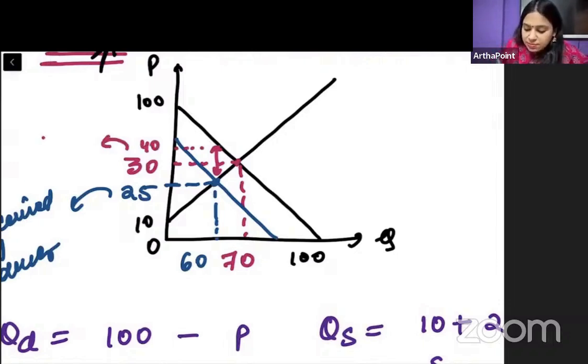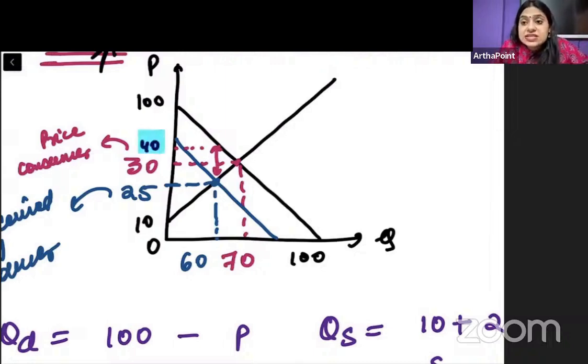So this is the price paid by the consumer. Am I clear? So the price paid by the consumer is 40. The price received by the producer is 25. The tax is 15. Suppose they would have extended this question and asked you how much tax the producer will bear and how much tax the consumer will bear. So you can go ahead and talk about that also.